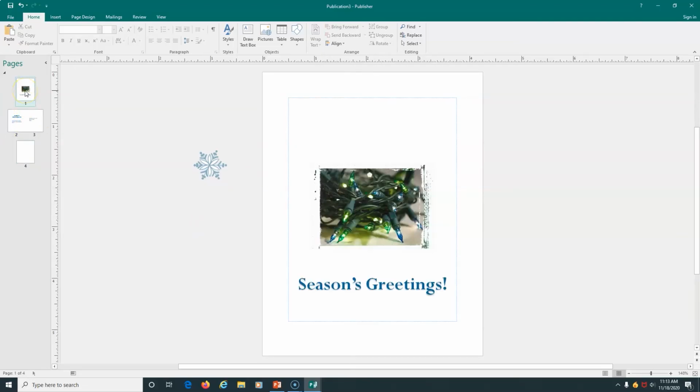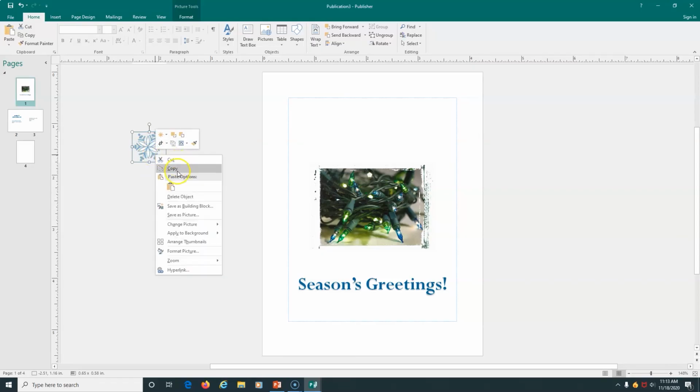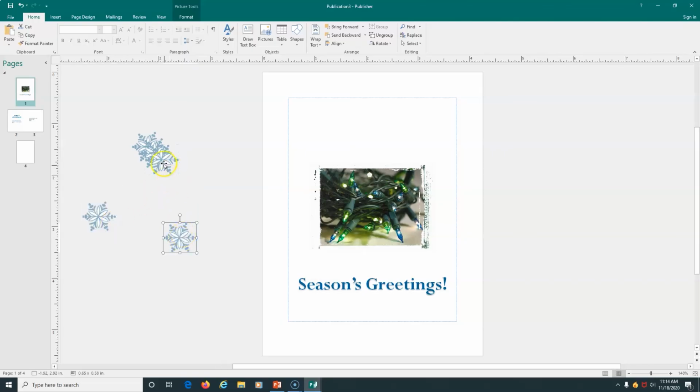Alright. The one other thing that I do want to show you is how to take clip art and pictures and create some variance and visual interest. So there's this snowflake that's inserted into this template. I'm going to take it, it's in my work plane. I'm just going to copy it and paste a whole bunch of different ones right here. Okay. Kind of move them apart so I can